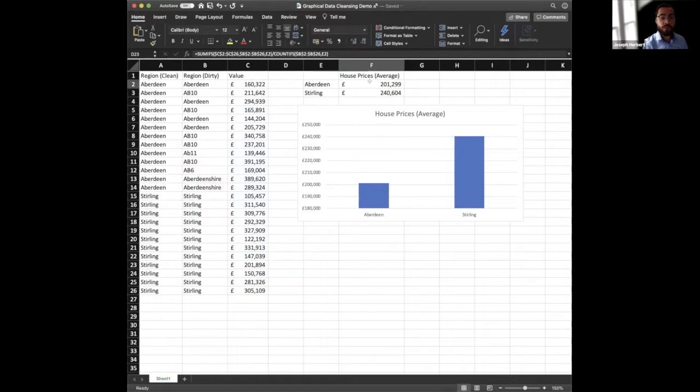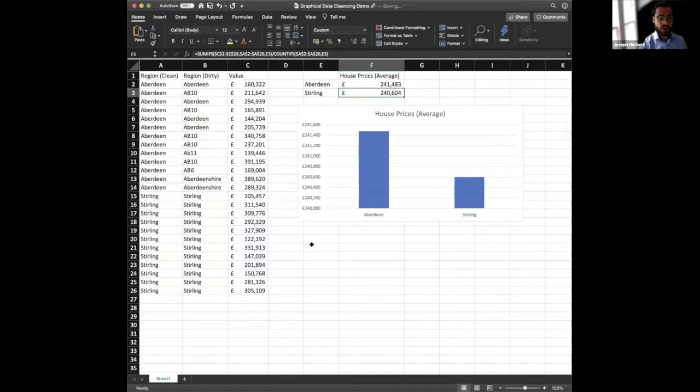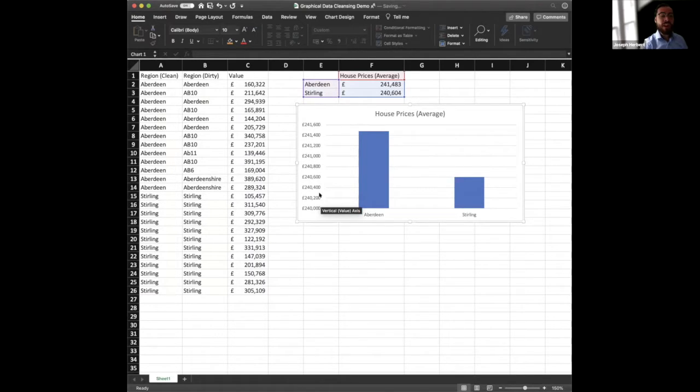So once we go through a bit of data cleaning and some data quality checks, we might end up using column A instead of column B to show our visualization of the data between Aberdeen and Stirling's house prices. And we'll just look at how much that changes when we do. We can see that Aberdeen comes all the way up to 241,000 against Stirling's 240. Please excuse the automatically changing column axis there. So how many